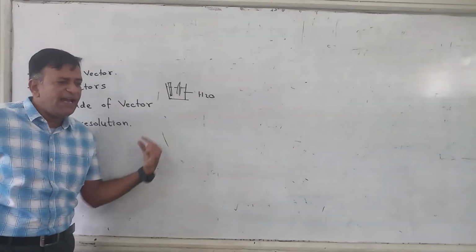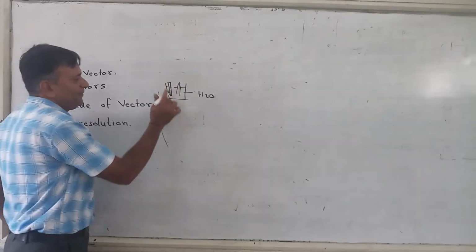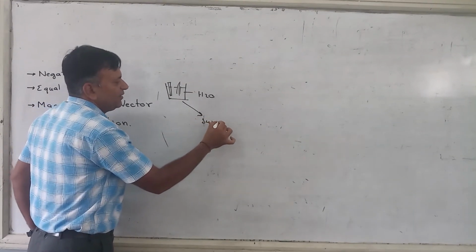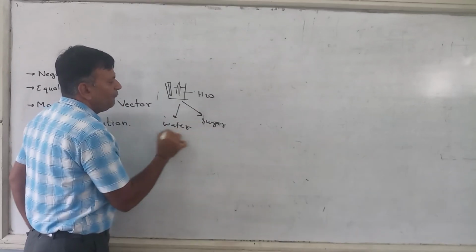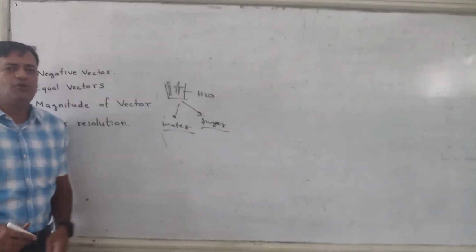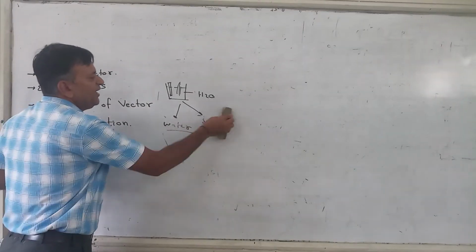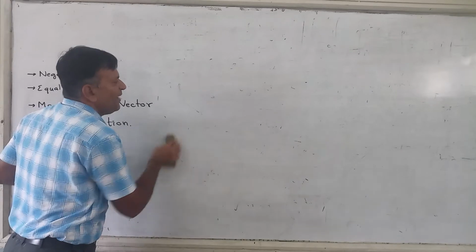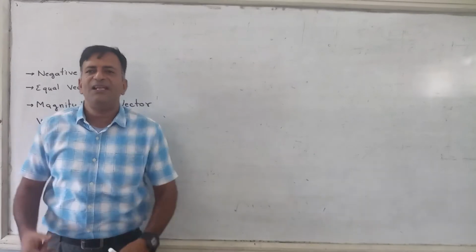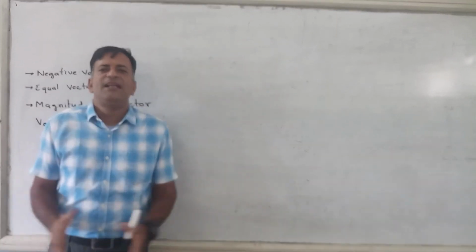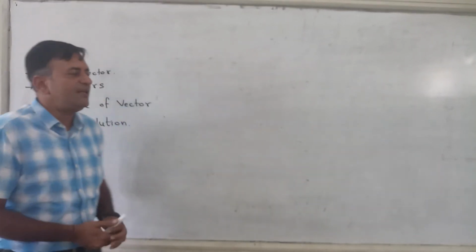Now I want to extract back that sugar. I just want the sugar and water to get separate. If I do this, what do I get? I will get sugar and I will get water. So separating this is known as resolution. So if you want to resolve my body, you have to take my head, my hands, my limbs away from me. If they are separate, they are resolved. If they are combined, they become a vector.